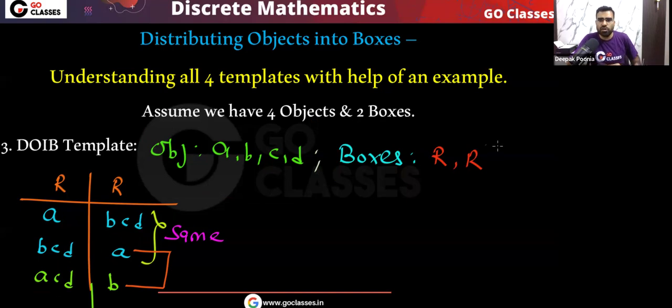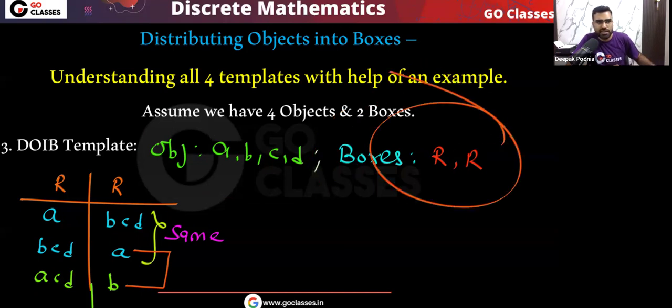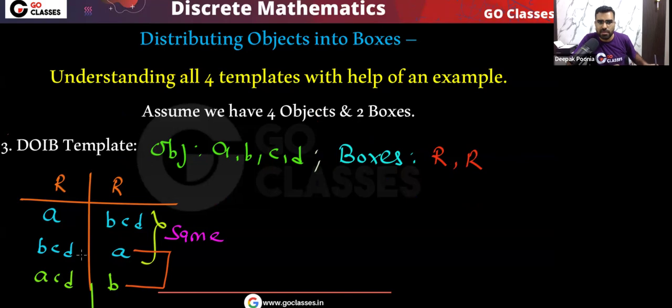For example, let's assume in a haunted movie, there are two same, identical rooms, and there are four friends. Now remember, in this haunted movie, what will happen? In this distribution, this A is alone, so first A will be gone, yes or no? And in this distribution, B is alone, so first B will be gone. Because objects are different, these two distributions are basically different. Agree with me?